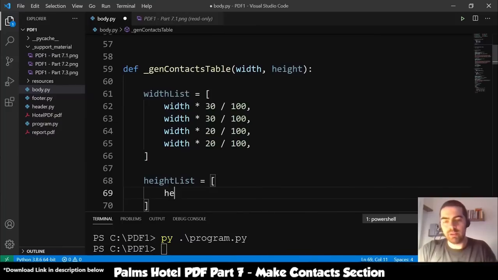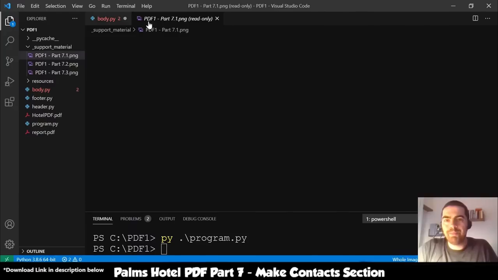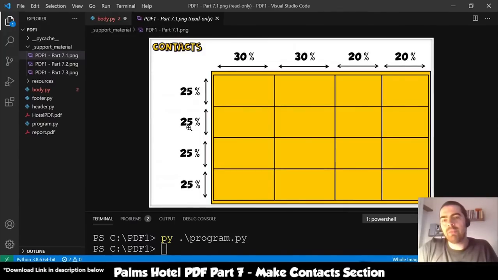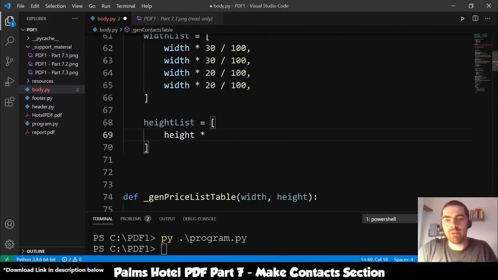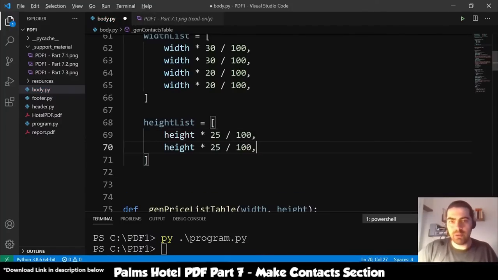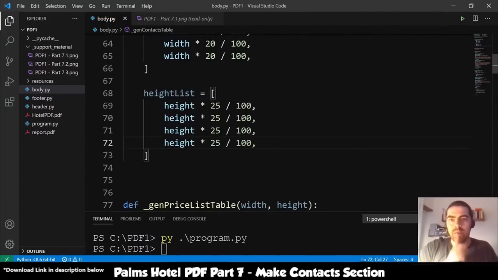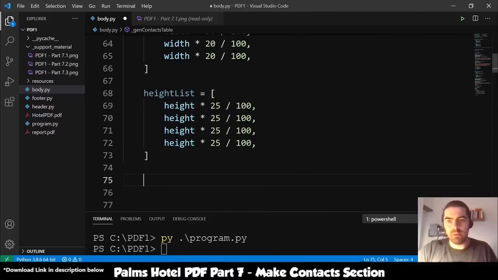The height list is equal to these values: 25, 25, 25 and again 25, so everything is the same. Okay, you already know these. Let's create our table